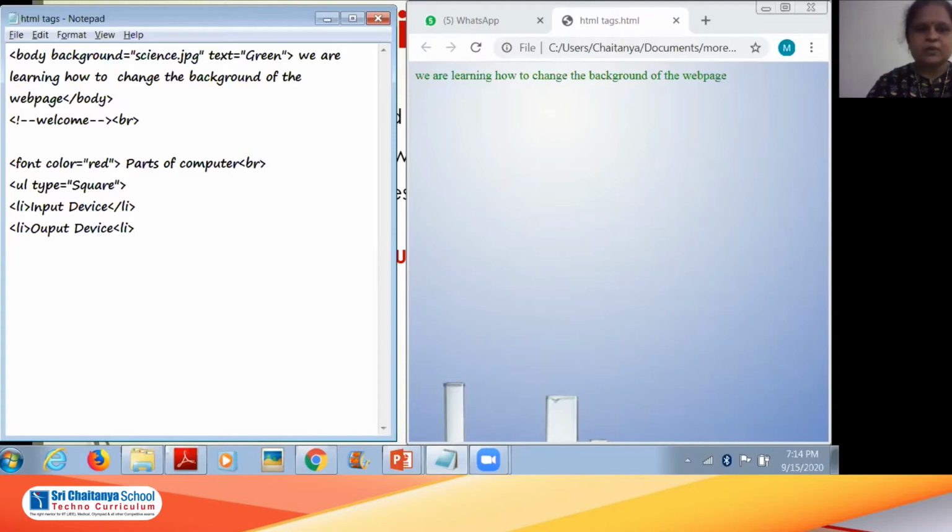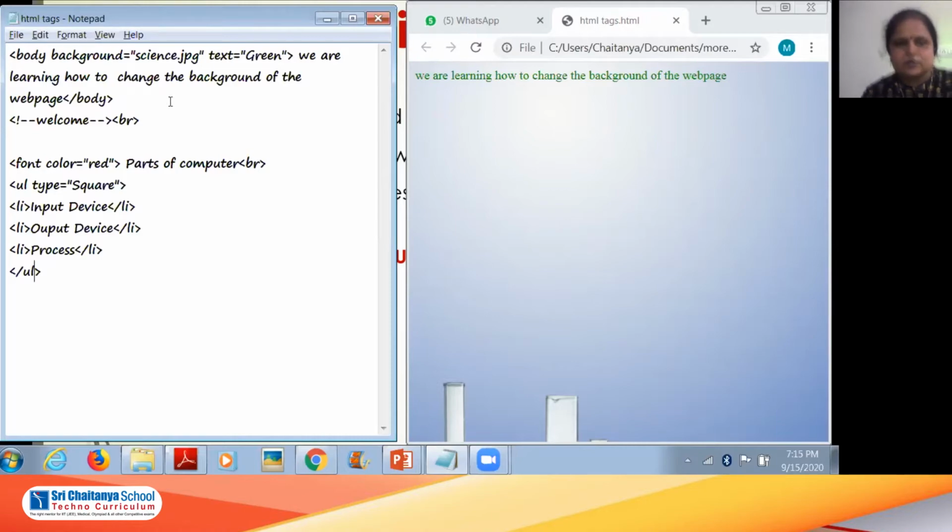Now what will I do? I will just go to the next line. I will write LI, and here I will write process. Then we have to use the forward slash, which I have not used here. Let me correct the coding, and LI, I am just closing it. Then I want to close the UL, that is the bulleted list. Okay, now this much is done.